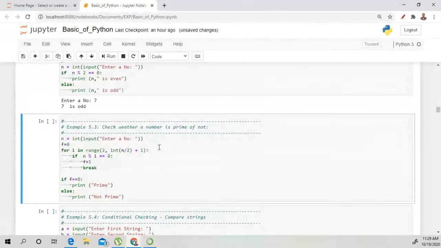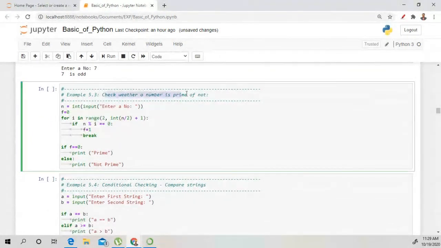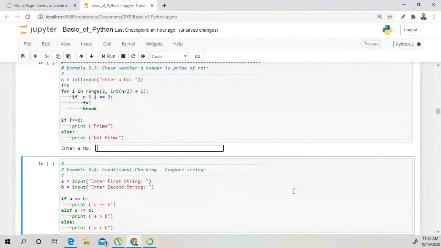Okay, now check whether a number is prime or not. How to check a number which is divisible by its... So write in the chat box which number is prime.